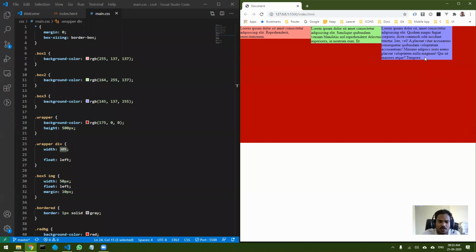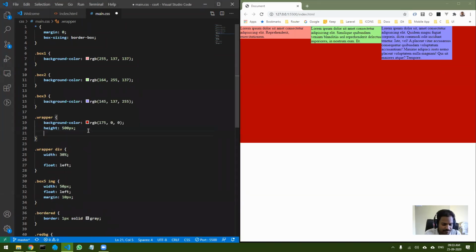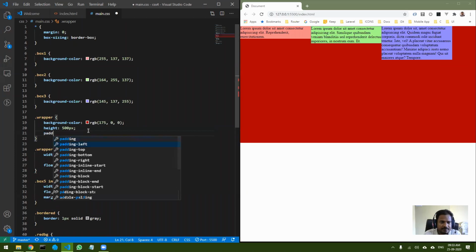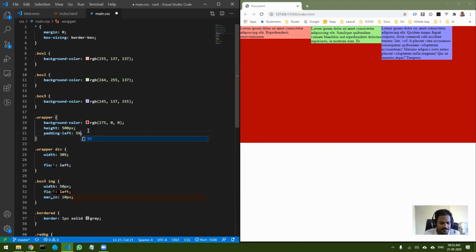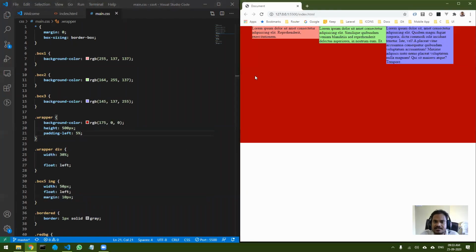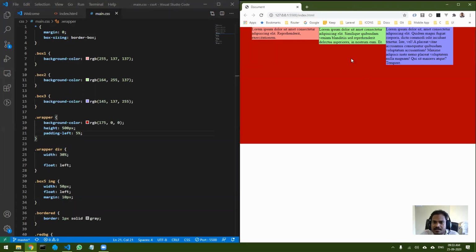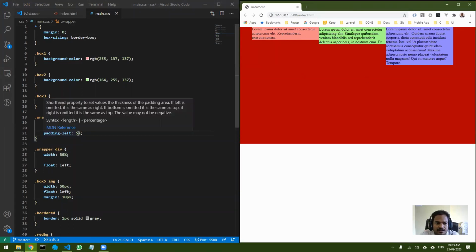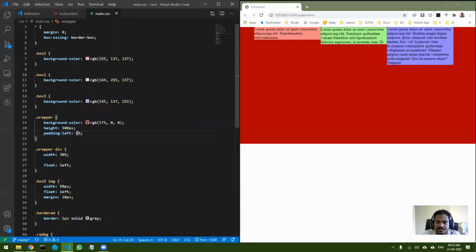All I have to do is come over here in the wrapper and add a padding left of, let's say, 5%. Now you can see it is almost centered. You can increase it a little more, let's say 6%.